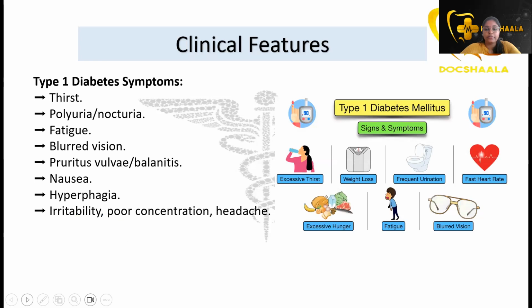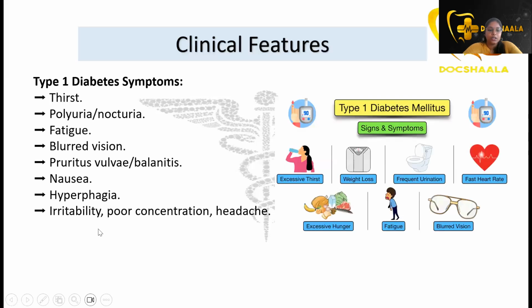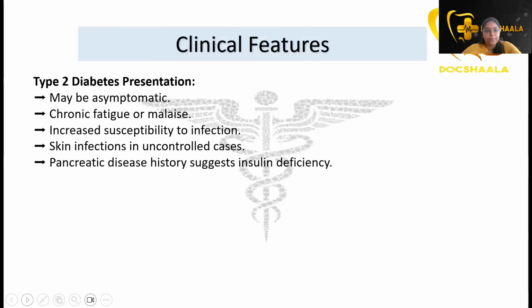Then clinical features. Clinical features of type 1 diabetes are weight loss, excessive thirst, excessive urine, fatigue, blurred vision, pruritus vulvae or balanitis, nausea, hyperphagia, irritability, poor concentration, and headache. Then type 2 diabetes may be asymptomatic because symptoms develop slowly. Chronic fatigue or malaise may be associated, increased susceptibility to infection, skin infection in uncontrolled cases, and pancreatic disease history